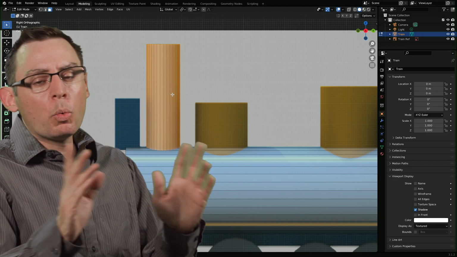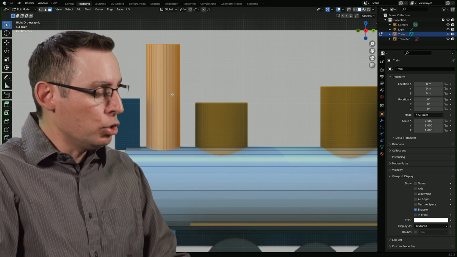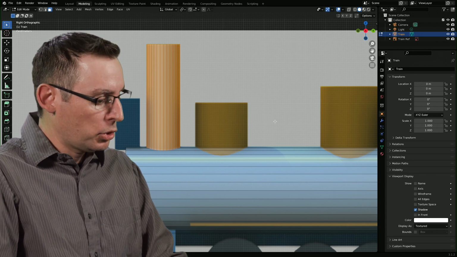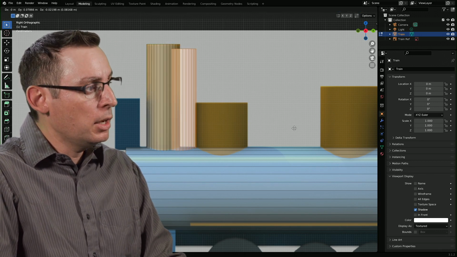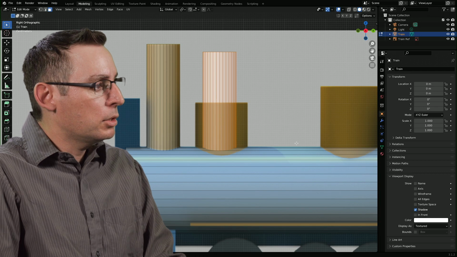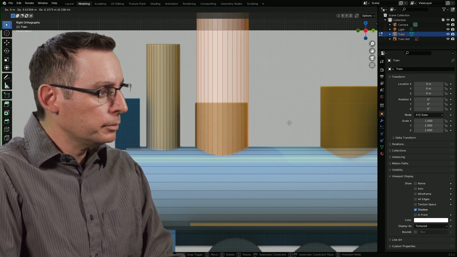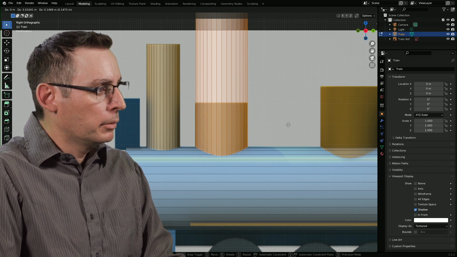Let's return to the right view and turn the visibility of my train reference item back on. Now, you're more than welcome to go ahead and continue to add new cylinders into the scene, but don't forget about your duplication tools. Since these are all just cylinders, there's nothing to say that we can't just do Shift-D, drag out our friend, scale it up a little bit so it matches the overall proportions. Something kind of like that.